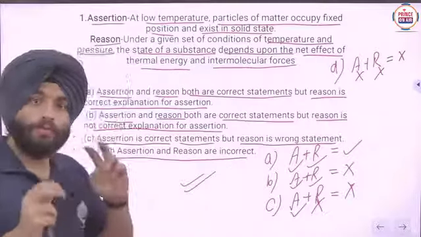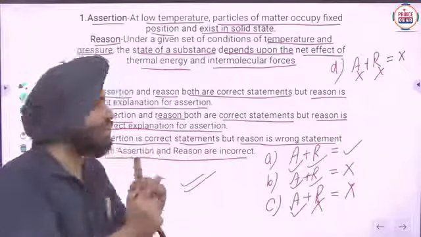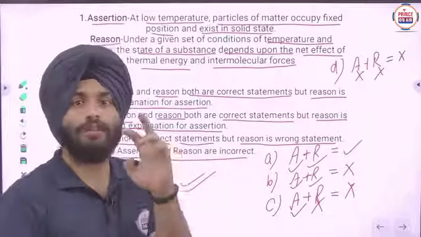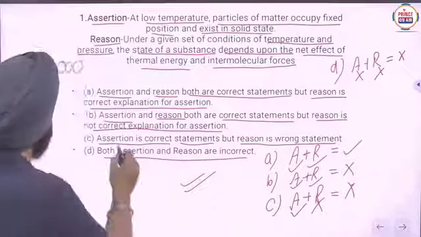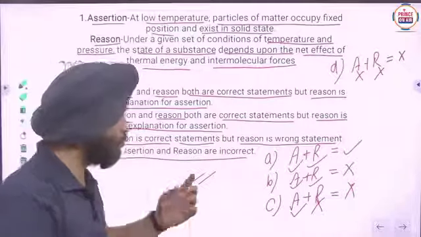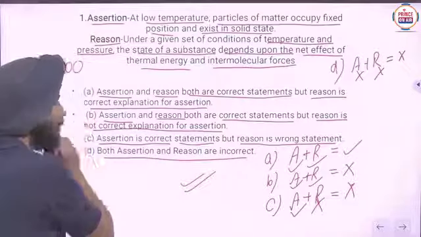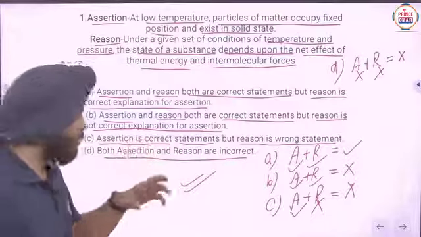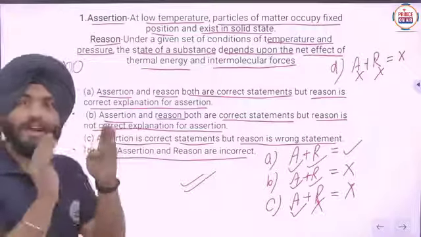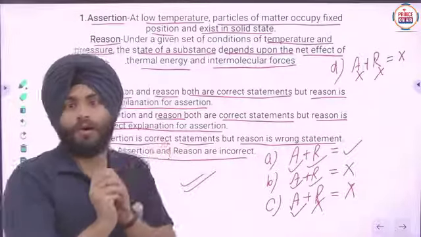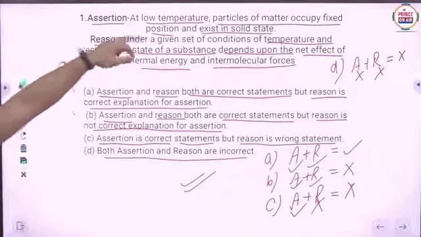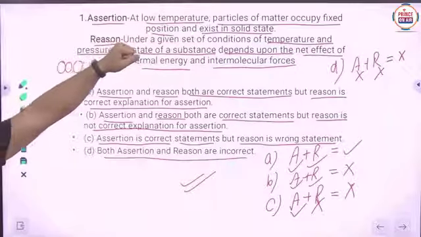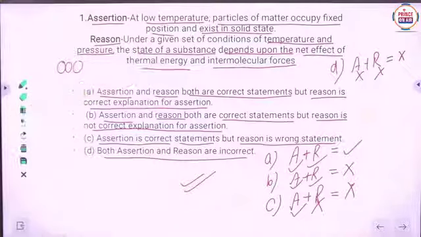Now with 2 correct, you can see the interrelation between these two statements. If there is an interrelation, we will get 1 more correct, so option A will be the correct one. If there is no interrelation, then only B will be the answer. So we have only these 2 options. Firstly, is there any relationship between these two statements? Yes or no?